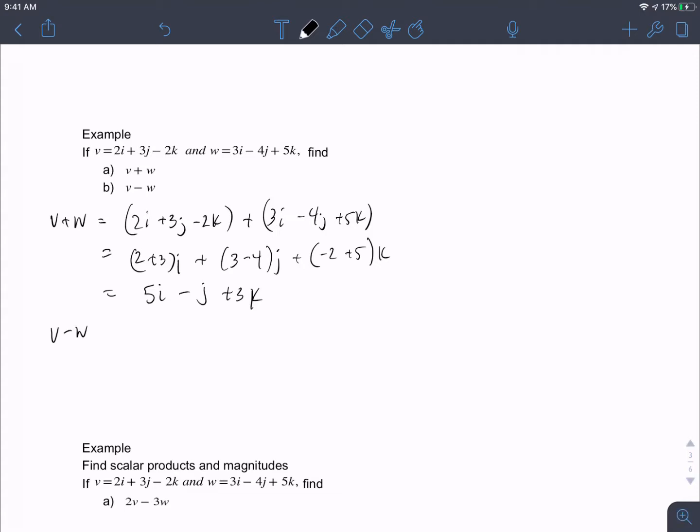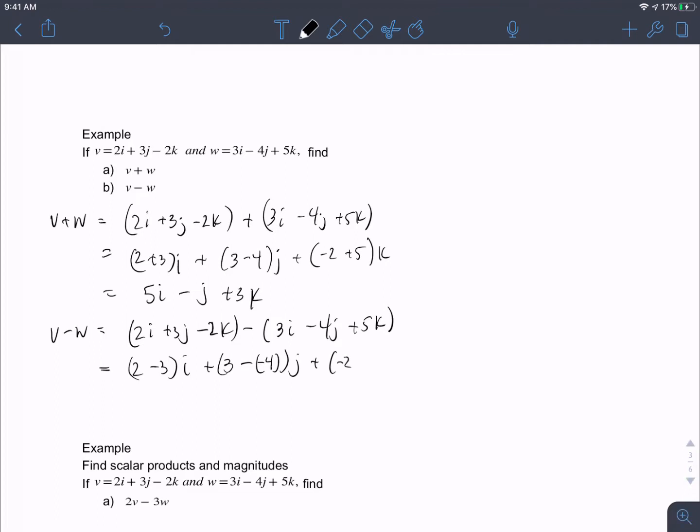V minus w is going to follow the same principles, but I'll write it down so you guys can see. And instead of addition, we're going to subtract, so that's going to change the signs on this side. So we're going to end up with 2 minus 3i plus 3 minus a negative 4j plus a negative 2